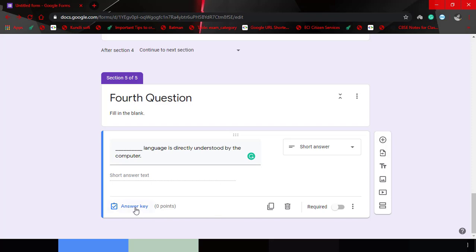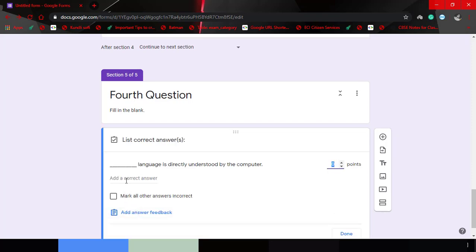Then we have to click on this answer key option, and then here we have to write our correct answer. Suppose that is machine language, or if we have more than one correct answer, then we can write in the second block also.